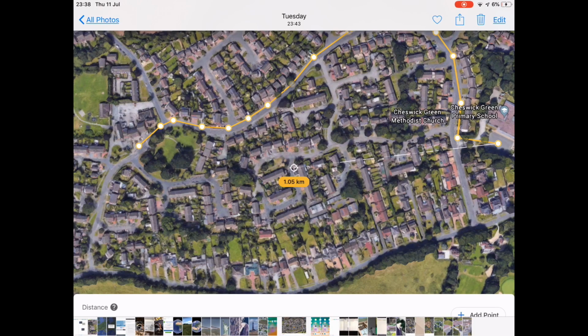Last time you remember you have traced a route which is your journey from your home to the school, and it will look something like that with a yellow line which shows your route. What we're going to do is transfer this to a J2E page. So the first thing that we need to do is to